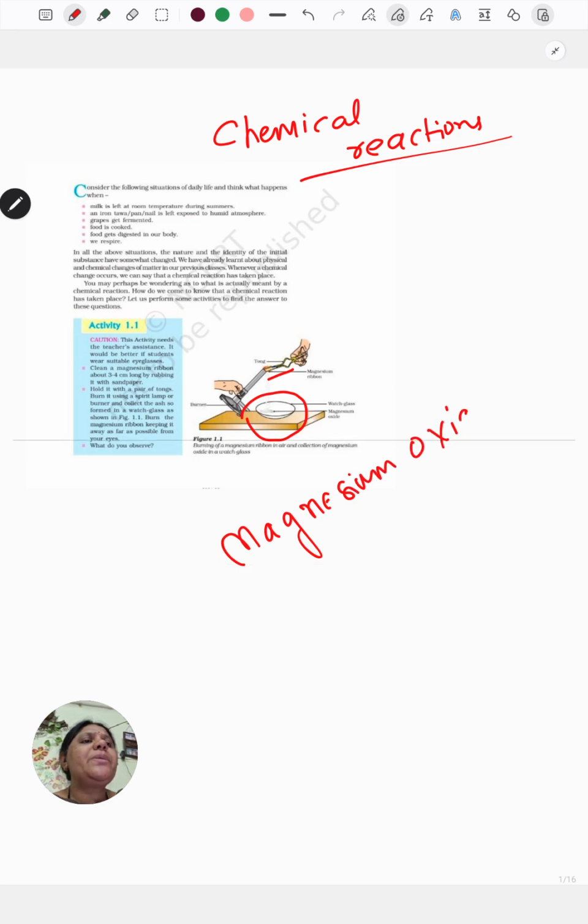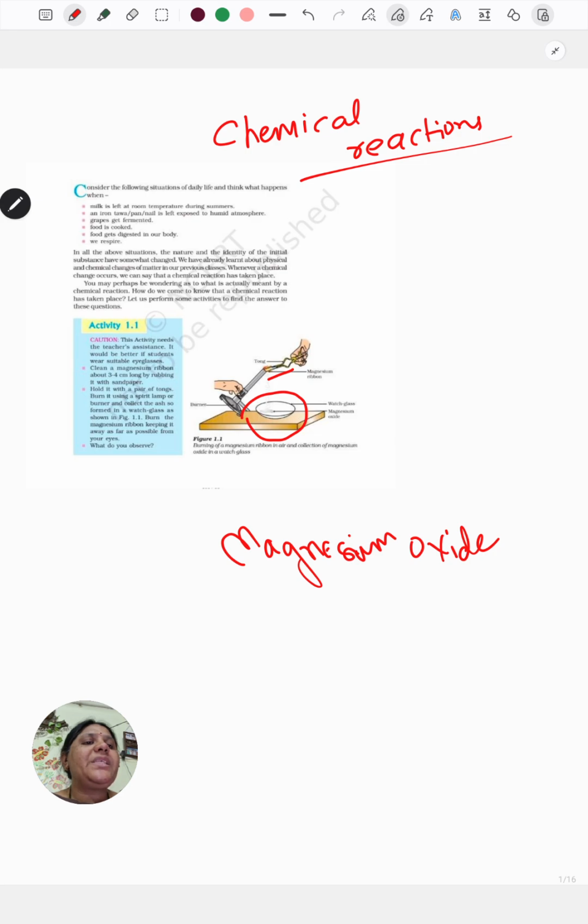What is this magnesium oxide? From where did oxygen come into the picture? When we are burning this using the flame, in the air we are having oxygen, so our magnesium ribbon is reacting with the oxygen, and we are having magnesium oxide as the result, and that is getting collected in the watch glass. Okay,